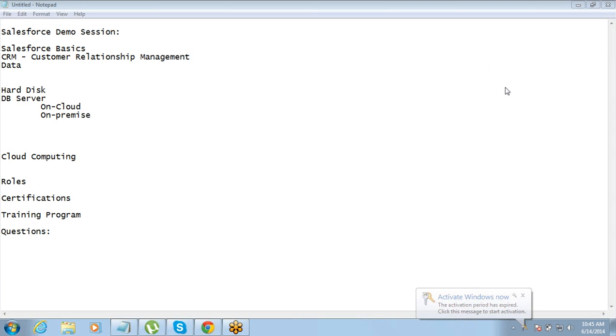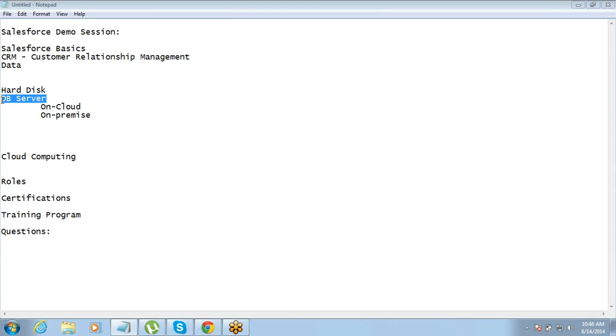Okay. So now, since we have talked about cloud computing here, going back to that CRM database server thing. Whenever a company requires to store data, they have two options. Earlier they just had one option. You want to store data, you have one option available: build your own server. Some of the companies, you might have seen a server room, right? It is a pretty much protected room. So what is inside that room? There is a big hard disk inside that room which holds all the data.